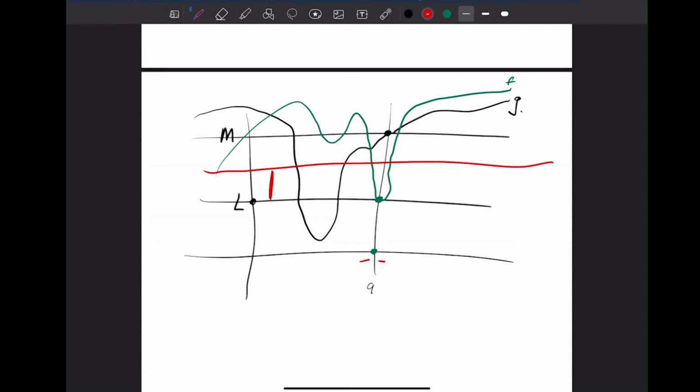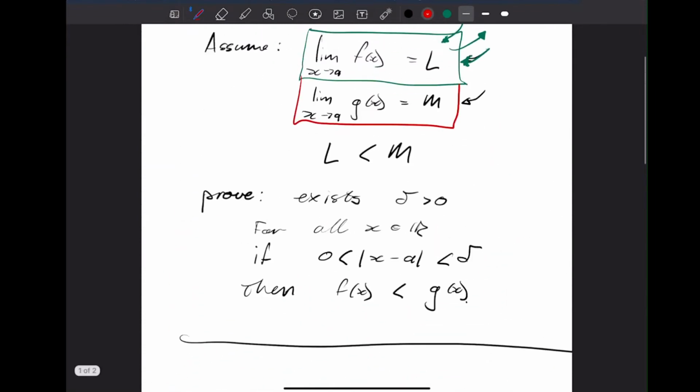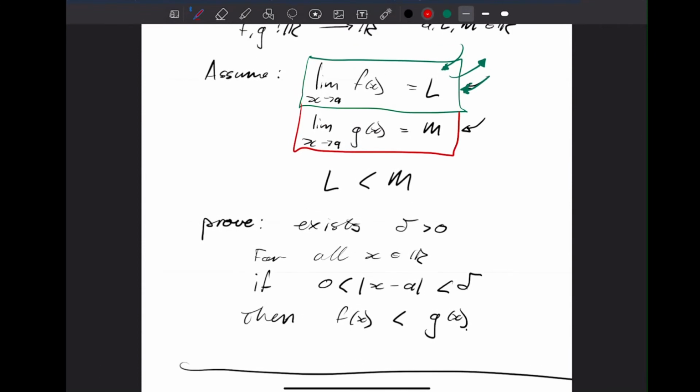So this distance is halfway between m and L. So m minus L is this whole distance, and halfway is m minus L over 2. So this will be the epsilon that we will use to buy our deltas here. Okay,